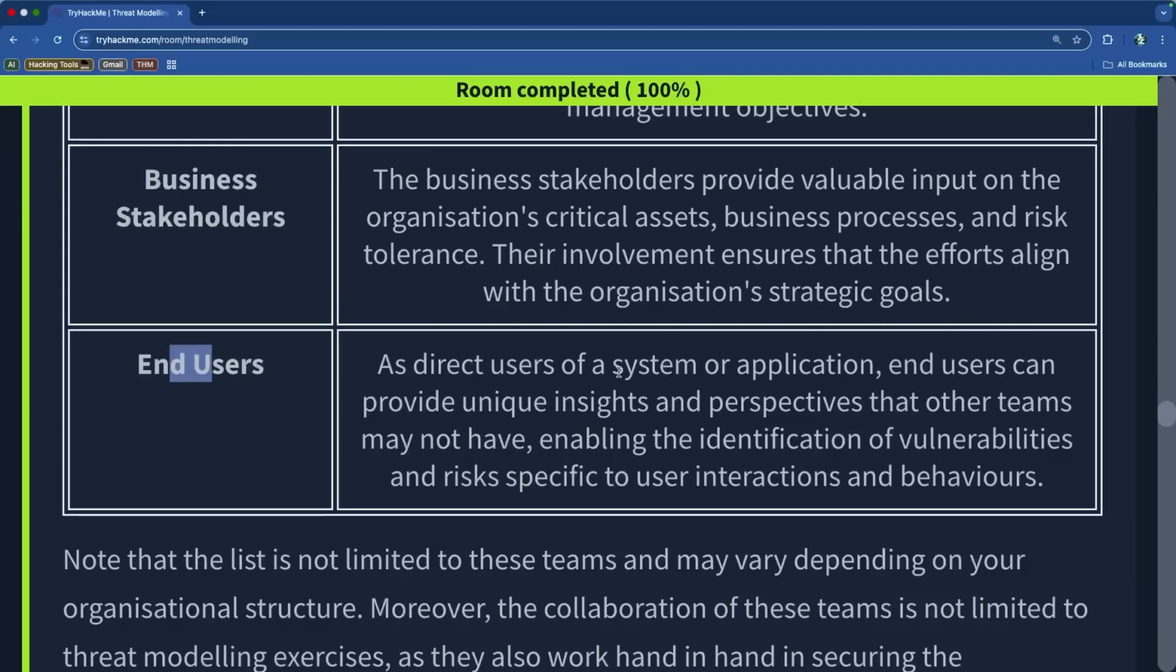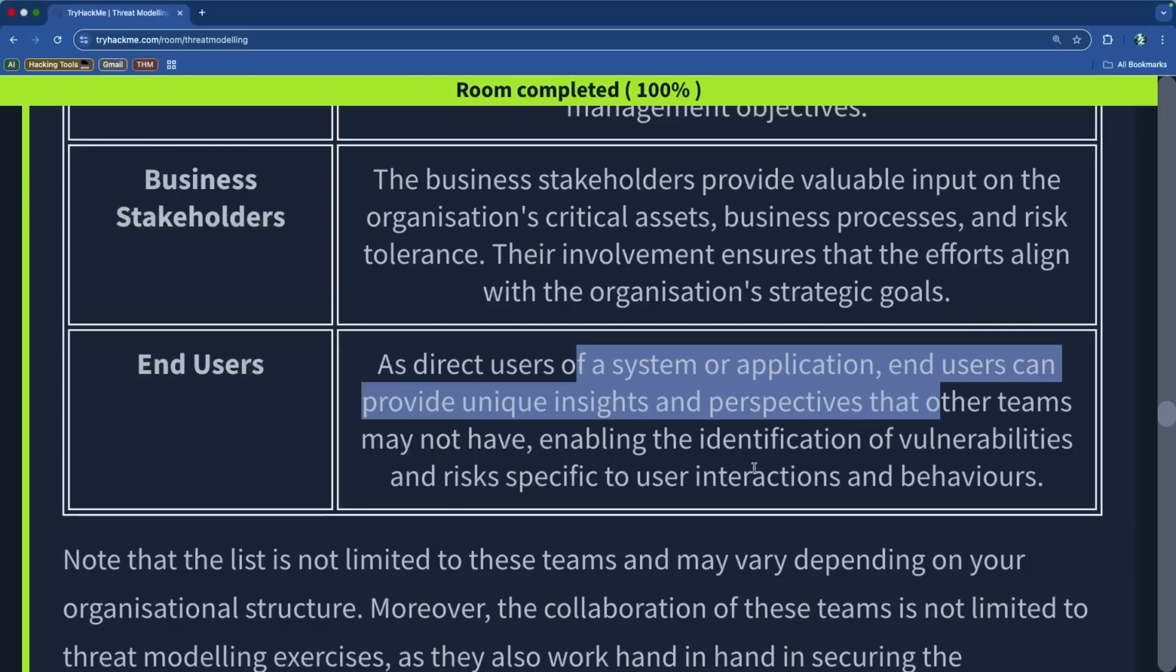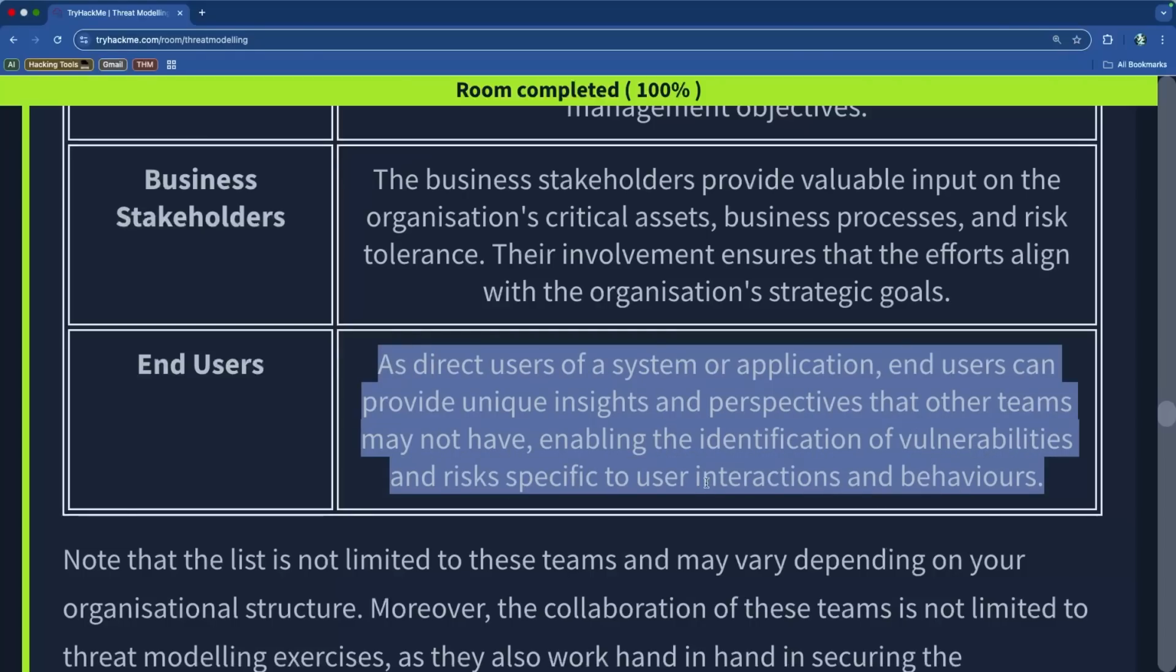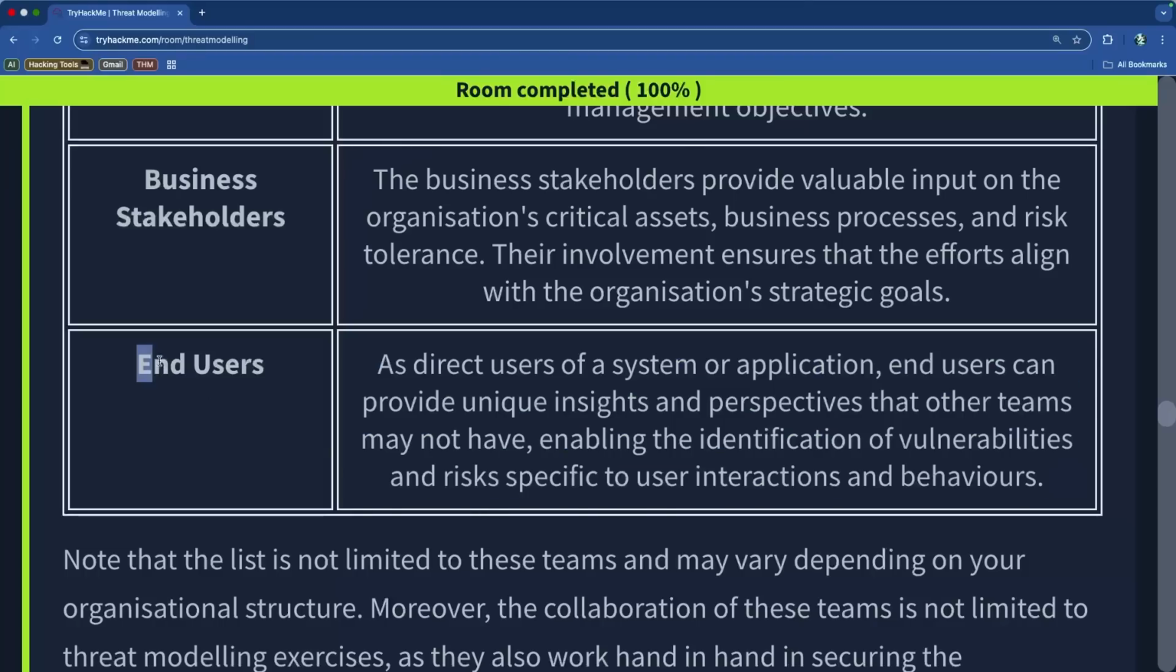And then you have the end users, which is the users of your system application. These are your customers. They can provide insights and perspectives to you, and they can help you identify the vulnerabilities and risks specific to user interactions and behaviors. It could be beta users, it could be test users, but it could also be your actual customer base as you continue to build the business, and you incentivize them to give their feedback by offering a discount or free product or free service, something like that, so that they feel invested